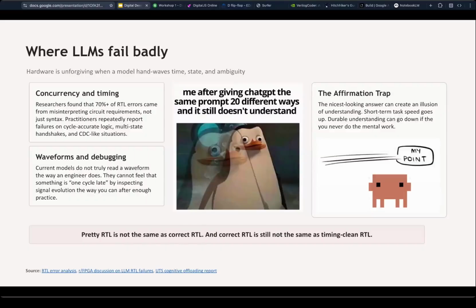All right. So now that we have discussed tools that will help your LLMs, now we'll discuss why LLMs fail badly, especially when it comes to HDL. If you have noticed, there is not a lot of code written or published for HDL or digital system design, relatively low, right? And LLMs are trained on openly available code. So they don't have much knowledge